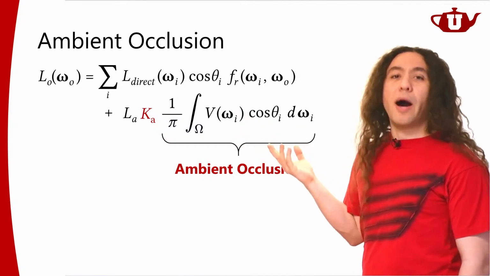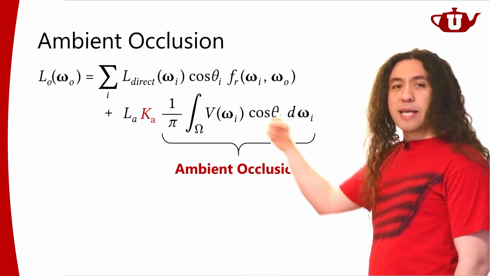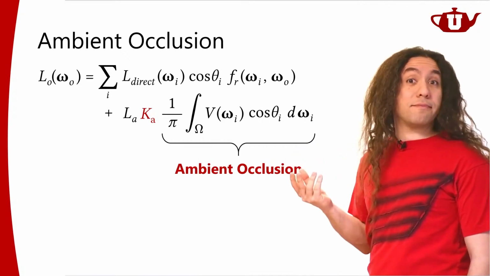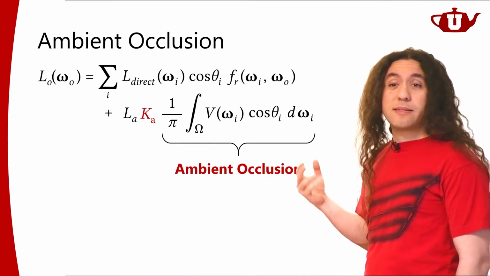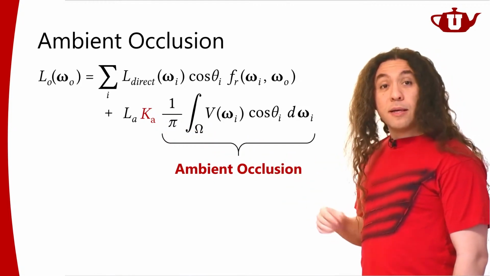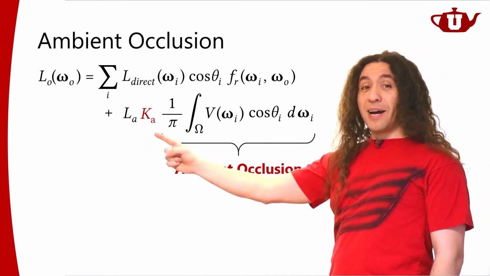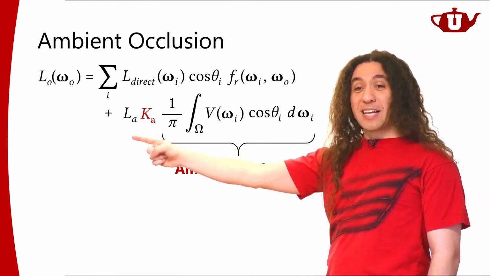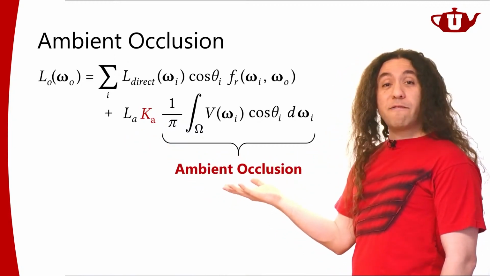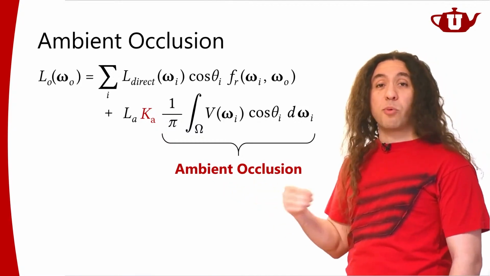That sums up to pi. Okay, so by dividing it by pi, you're saying this ambient occlusion term becomes a value between 0 and 1. Right? That's just 1 over pi here, it's just the normalization factor. So basically, this is exactly what we had before. Now we added this ambient occlusion term. It's a value between 0 and 1, and it will depend on where a particular point is.